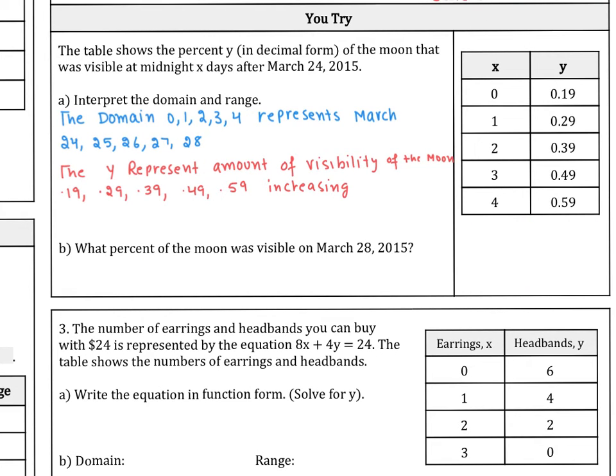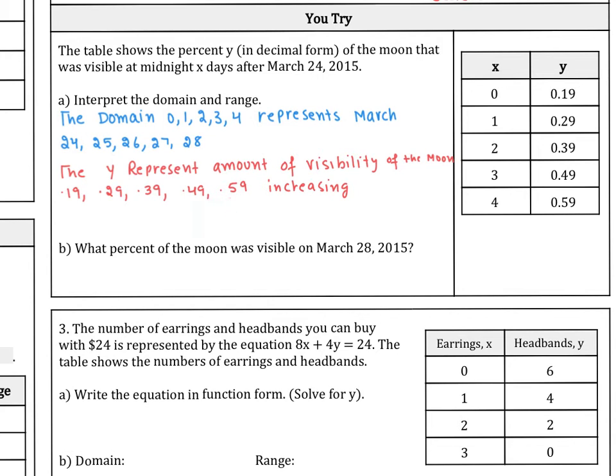The next is a U-try problem. The table shows the percent y in decimal form of the moon that was visible at midnight x days after March 24, 2015. Interpret the domain and range. The domain 0, 1, 2, 3, and 4 represents the dates March 24, 25, 26, 27, and 28. The y represents the amount of visibility of the moon, that is 0.19, 0.29, 0.39, 0.49, and 0.59,